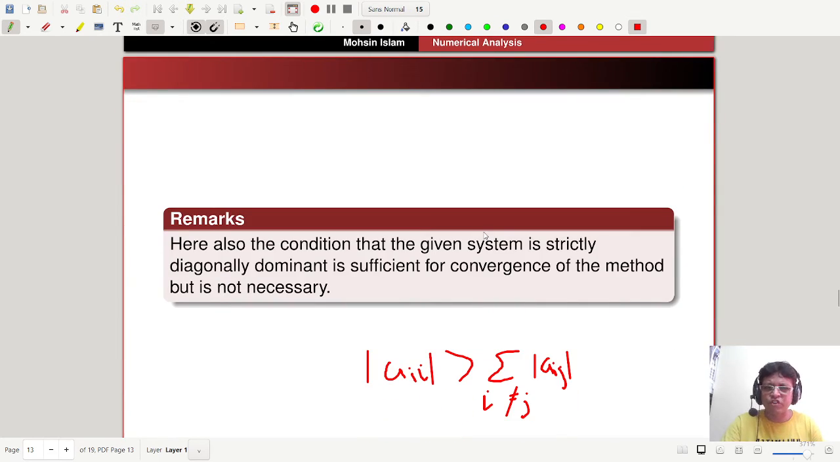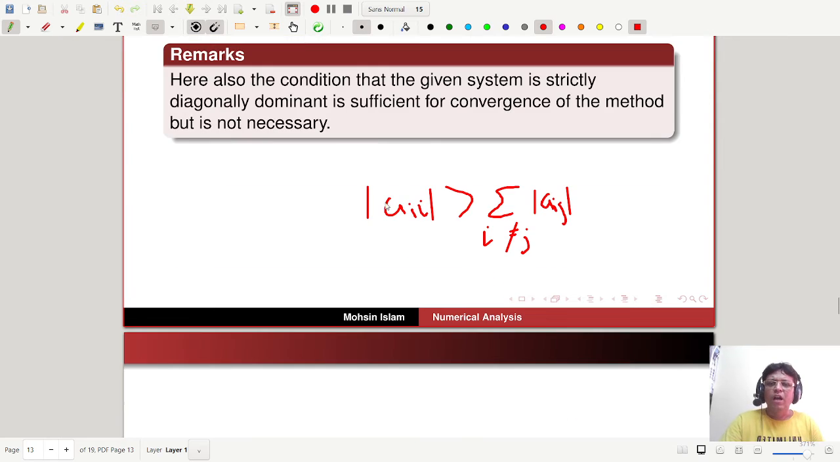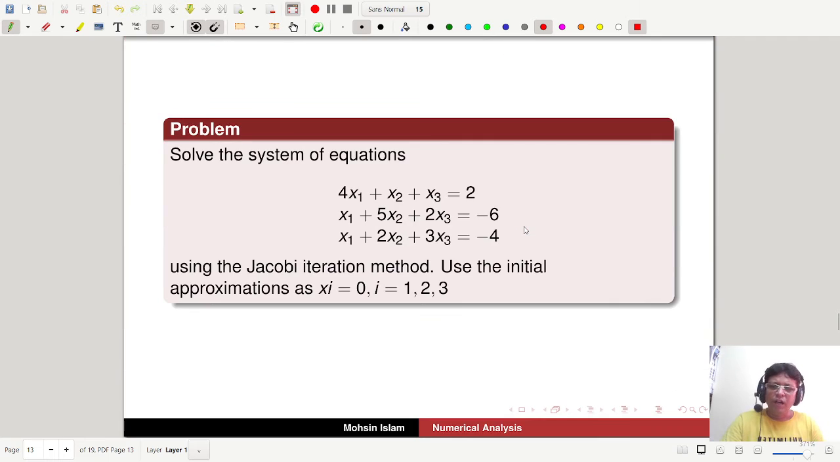Sorry, sufficient but not necessary. Okay, and so the conditions are similar: k less than 1, or the matrix is diagonally dominant. Now let's solve a problem on that. Solve the system of equations using the Jacobi iteration method, or you can do the problem using the Gauss-Seidel method, using the initial